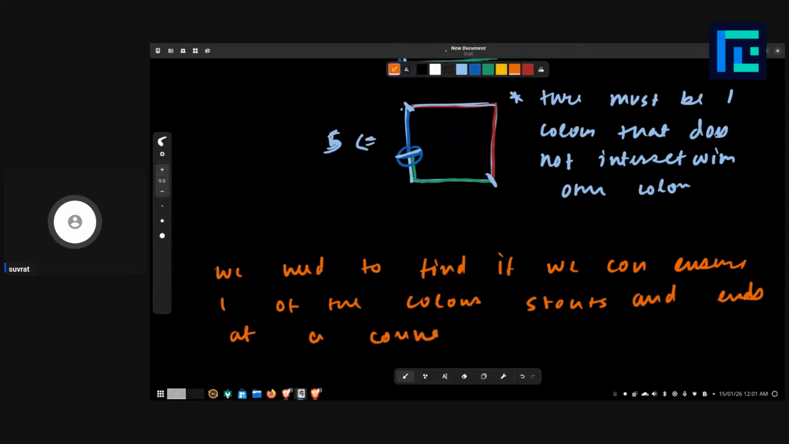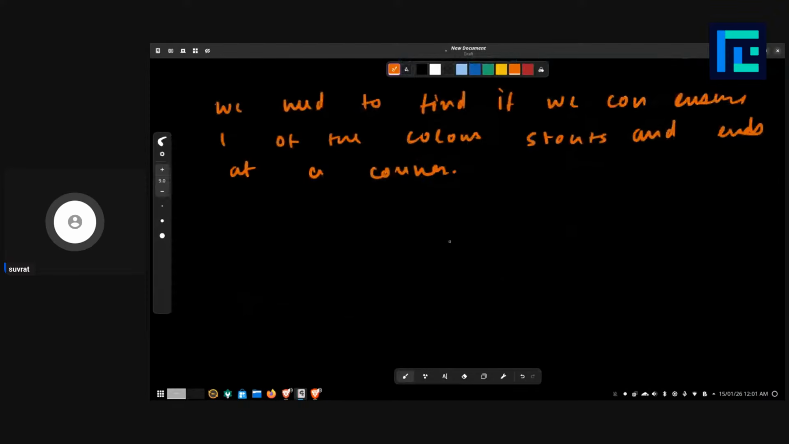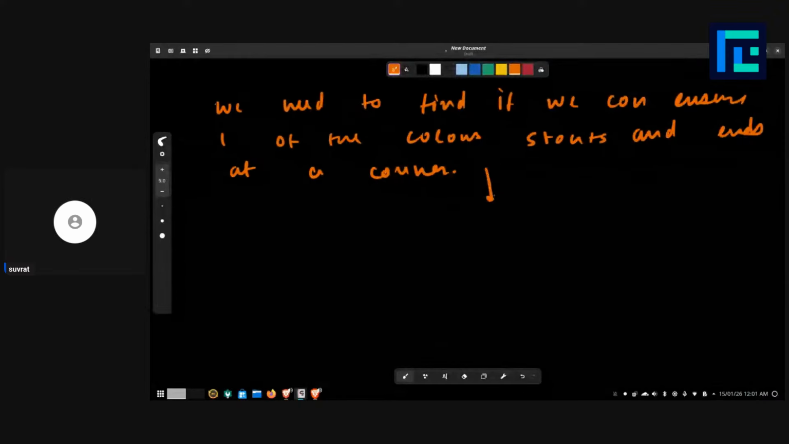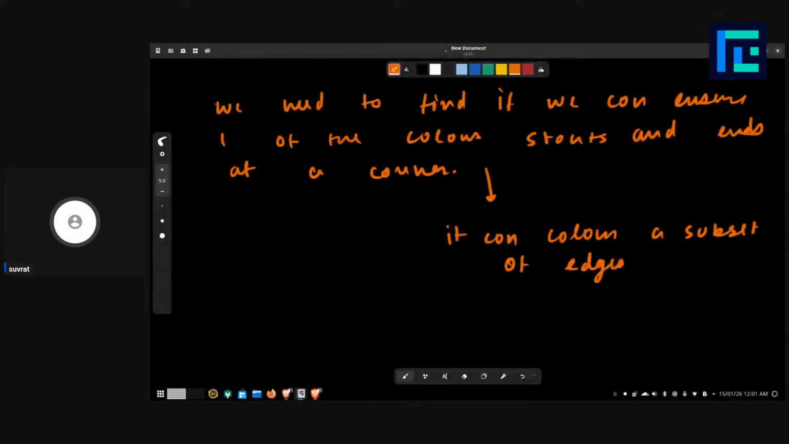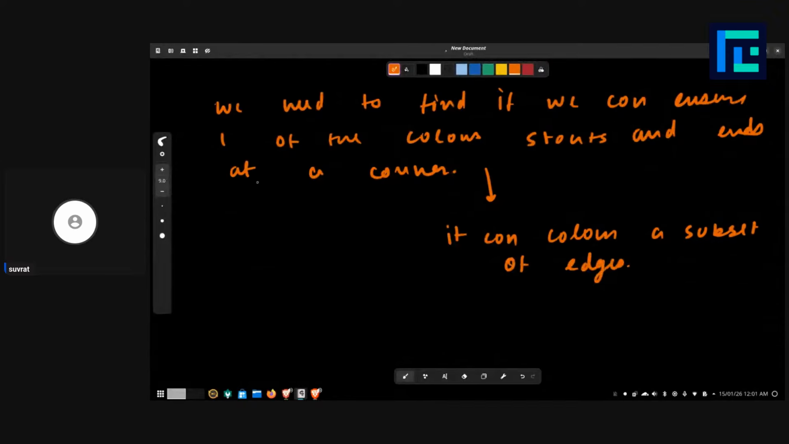Because if it starts and ends at a corner, then there cannot be any intersection. So what does starting and ending at a corner mean? That it can color a subset of edges. It can color either just one edge completely, or it can color two edges completely, or it can color three edges completely. For example,